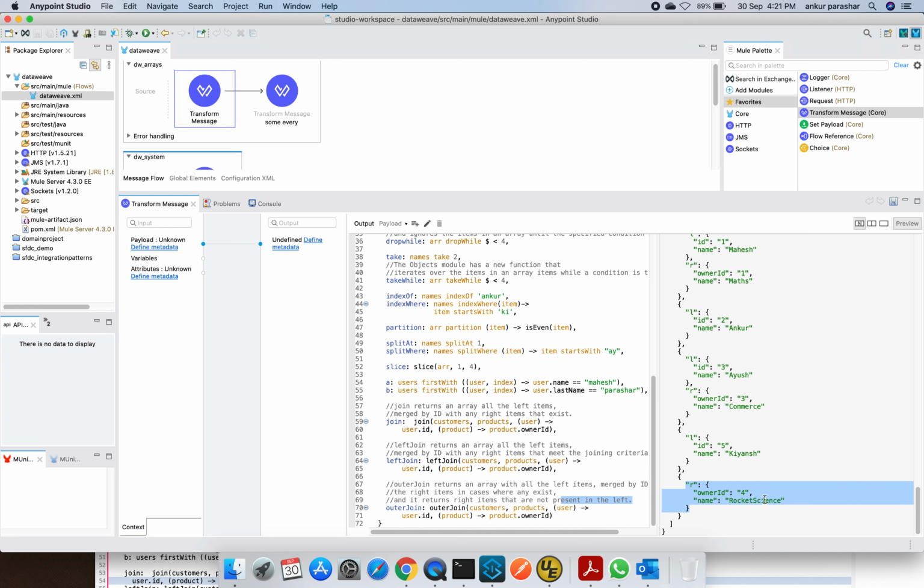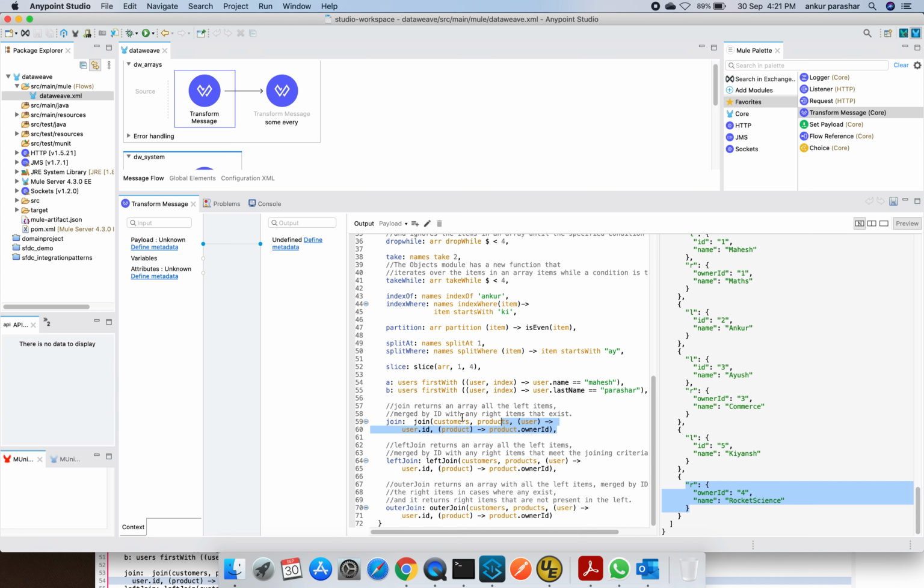If we want to have the outer join, it will return us the non-matching condition of products as well. If we want to make sure only the user details are being copied, then we can go for left join. And if we want only the result set which is matching the condition, use the join.